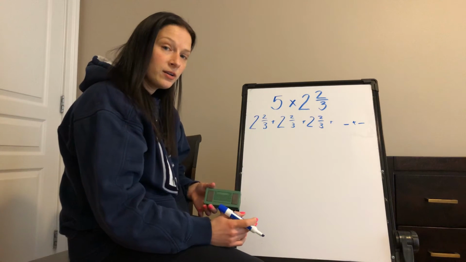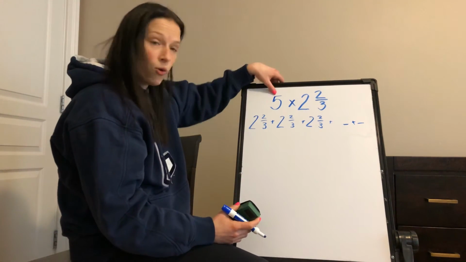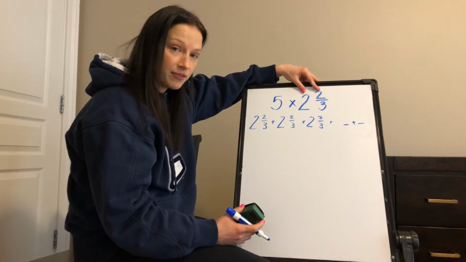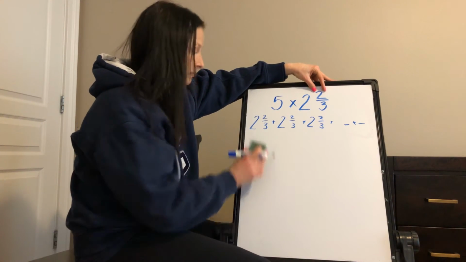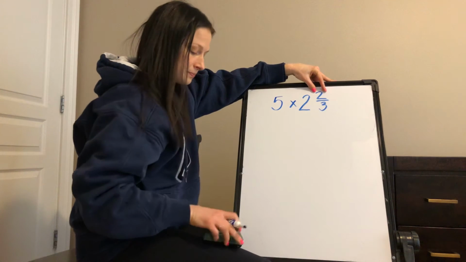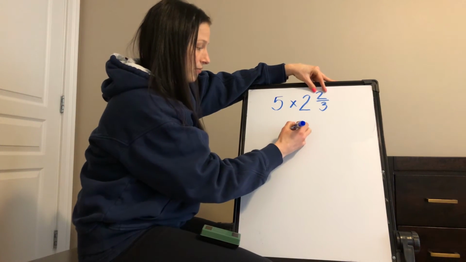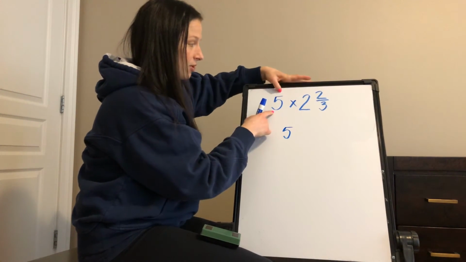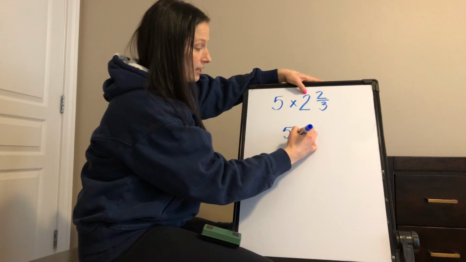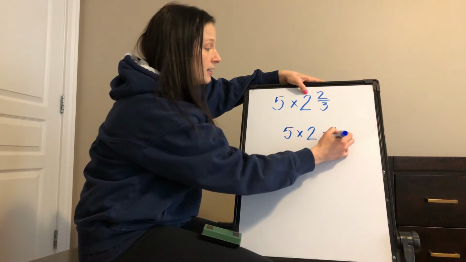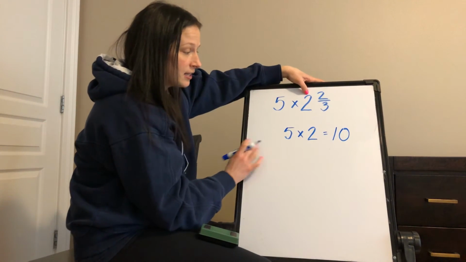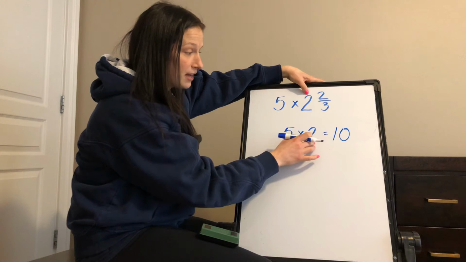Or we can think about keeping 5 whole and splitting up our other factor into the whole number and the fraction. So I'm going to talk about 5. Keep this number whole, multiplied by 2, which is my whole number. So if I only ran 2 miles each day, that would be 5 groups of 2 miles, which is 10